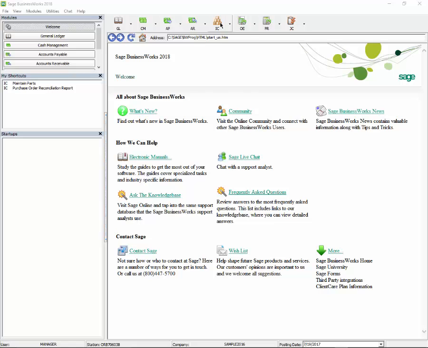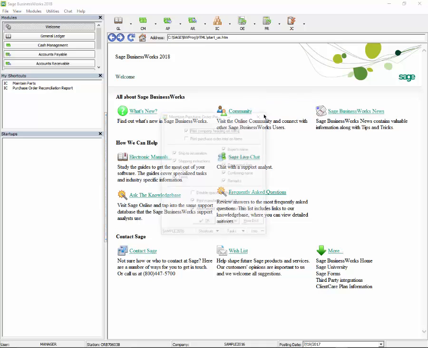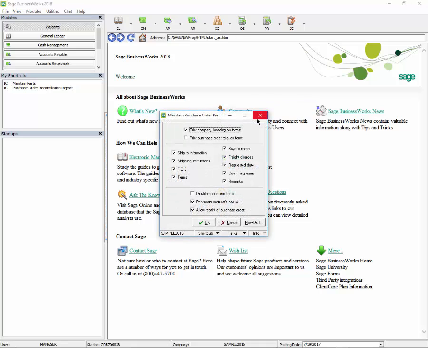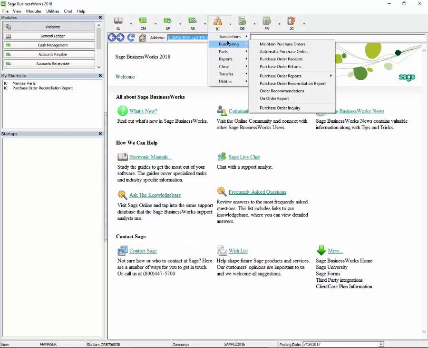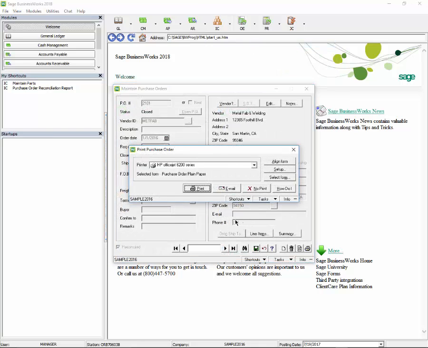In the inventory control module, under Utilities, Maintain Purchase Order Preferences, a new option has been added allowing users to control if you want the reprint purchase order box to appear. By default, when you upgrade to version 2018, this box will be checked to allow reprint of purchase orders. If that is checked, if we go in here to maintain purchase orders, print a purchase order, if we print the first one, I'm going to print mine to a PDF printer,